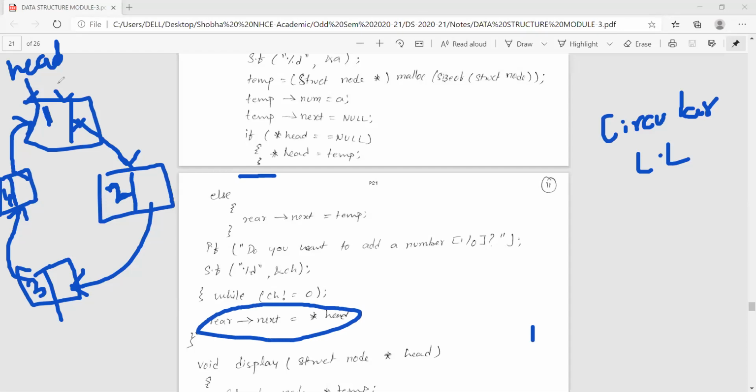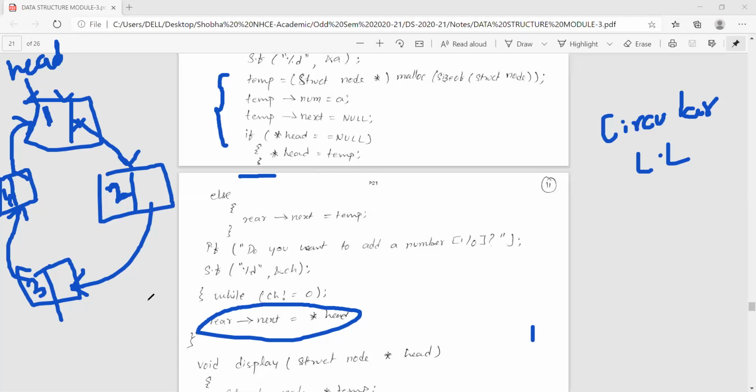Is this clear till now how this create function works? In this do while, we are allocating memory and giving the address part, data part. Address part first when we are creating, it will be null. Then you are linking. If it is first node, it will be pointed to head, and then you are giving the address, linking the previous node to next node, next node, next node. Like that, you will repeat it.